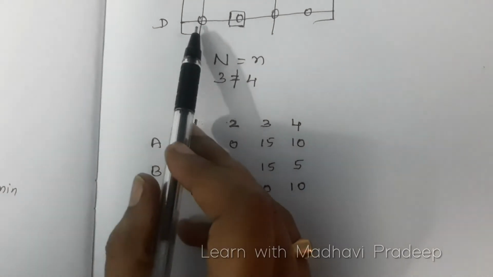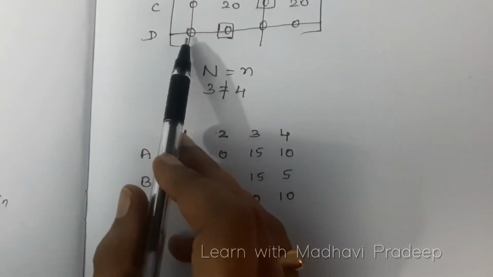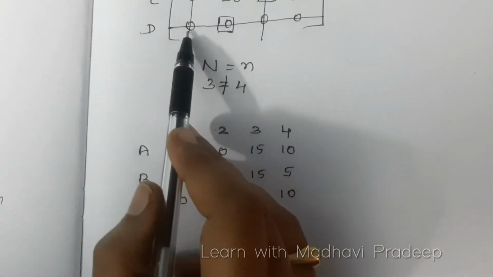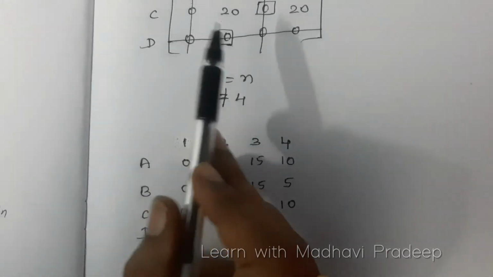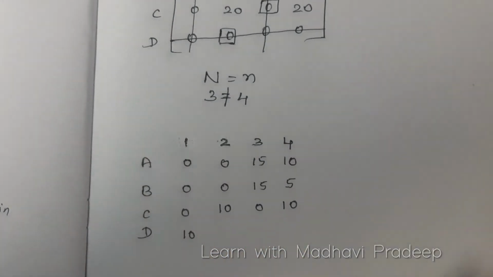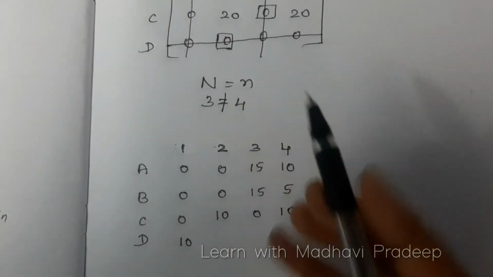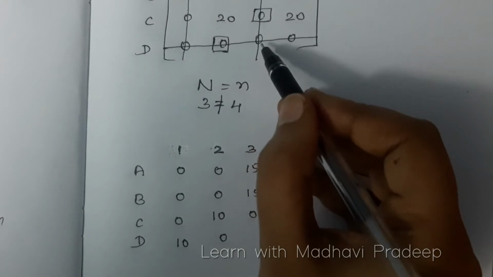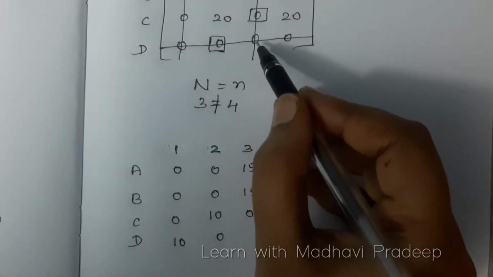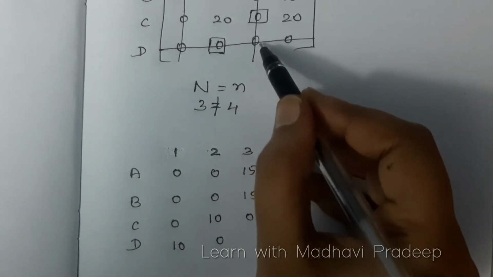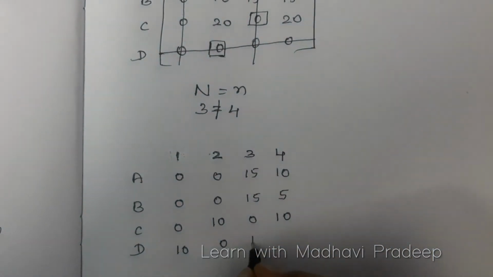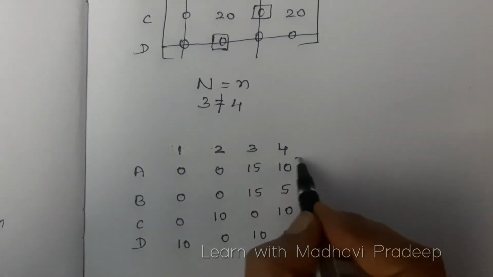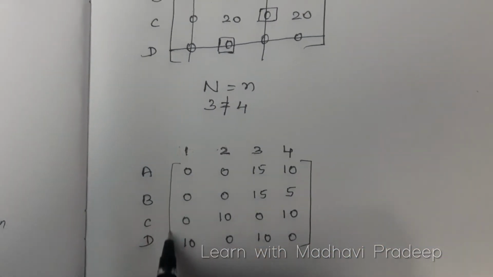Next, in the fourth row, this is a point where the horizontal and vertical lines touch. So you have to add this 10 to this value. We already have 0, so 0 plus 10, you will get 10. Write it down here. And this is a deleted value, so write it down as it is, 0. And here, again, the horizontal and vertical lines are touching, so you need to add the 10 here. So 0 plus 10, you will get 10 here. This 0 is a deleted value, so write it down as it is. So now this is the new matrix we have got.